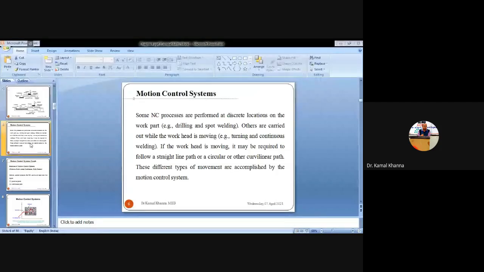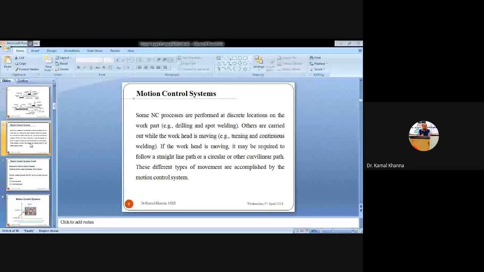Let us say we have to make a 2 mm drill on the left side of the specimen and a 4 mm drill on the right-hand side of the specimen. So to perform these two similar kinds of operation, there is some variation in the drilling operation. We have to perform a 2 mm diameter drill at the left-hand side of the specimen, and on the right-hand side of the specimen we have to perform a 4 mm drilling.